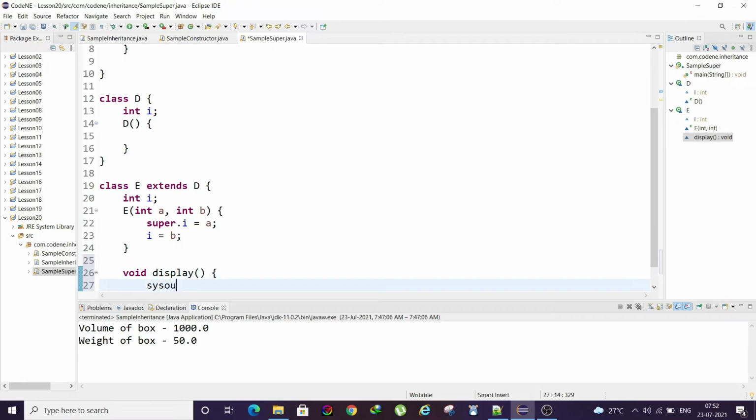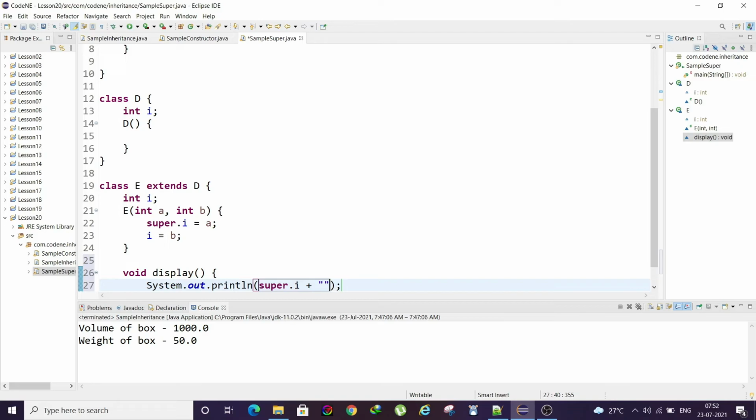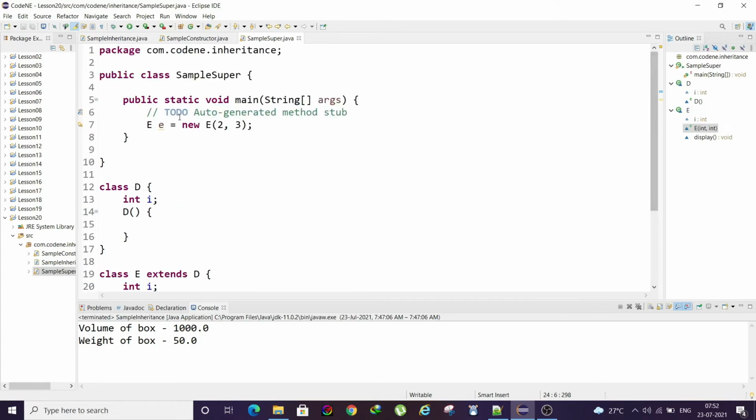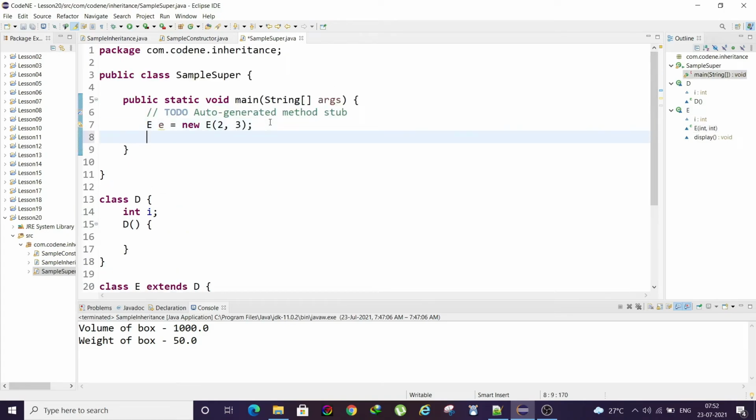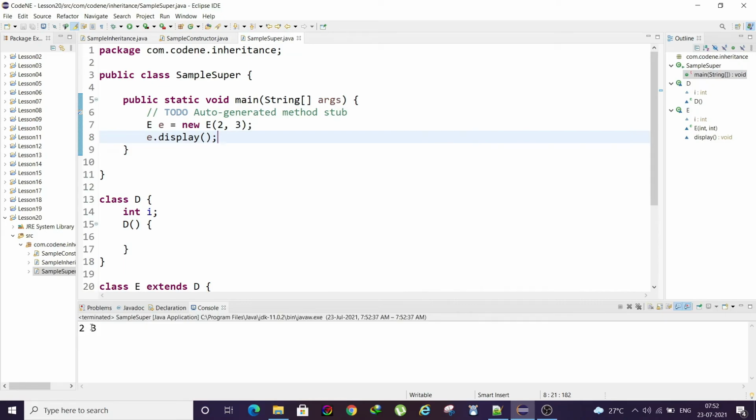So we'll simply print it out: super.I plus, then we'll print I from here. Then we need to call this method, e.display. So when we run this, we get the values 2 and 3.